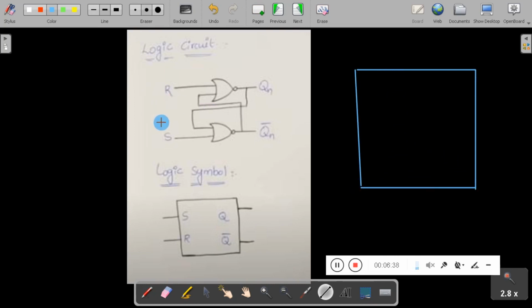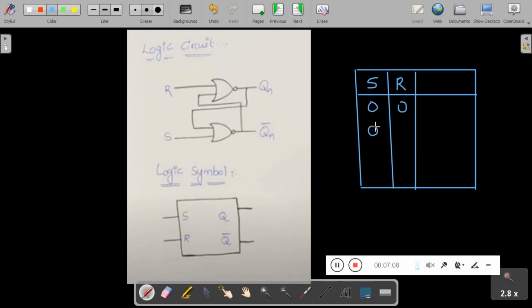We have here two inputs, that is S and R. When you use two inputs, this leads to 4 combinations, that is S R: 0 0, 0 1, 1 0 and 1 1.